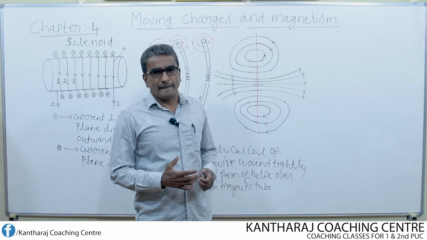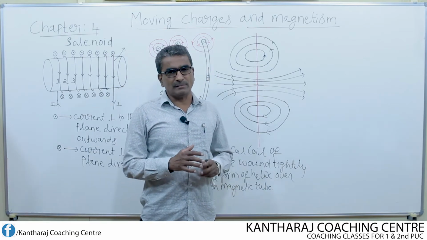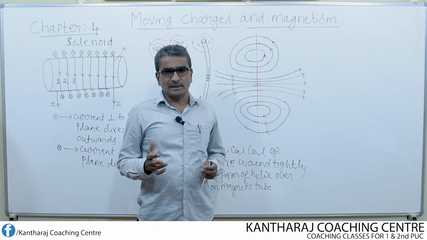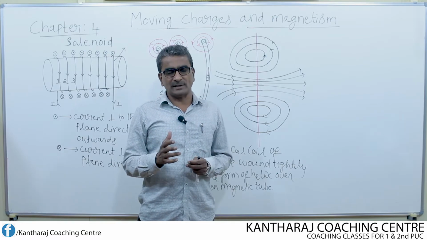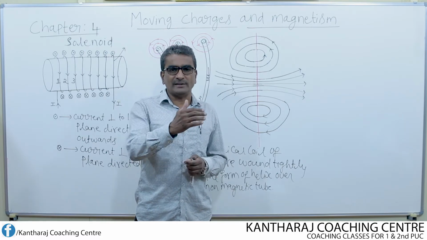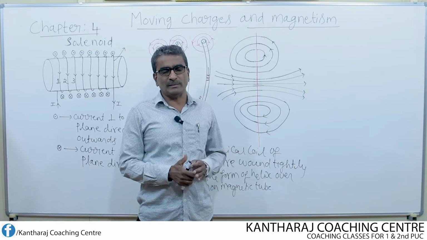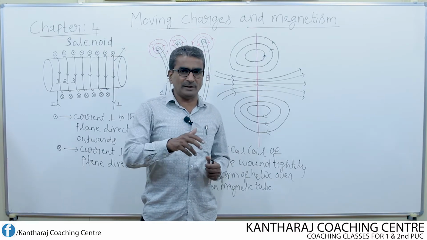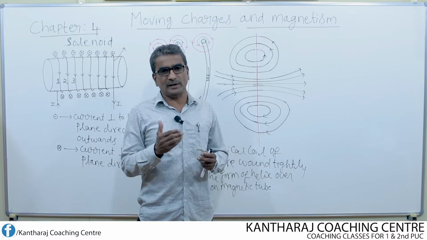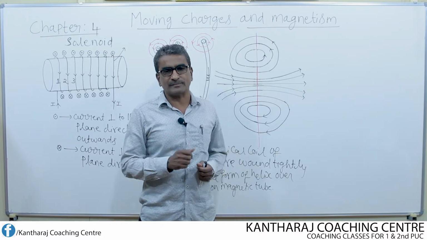We know that magnetic field can be produced by different methods. By making use of magnets of any shape, there always exists a magnetic field around it. So this is one of the methods of obtaining the magnetic field. That means by making use of a magnet of any shape and of any size.